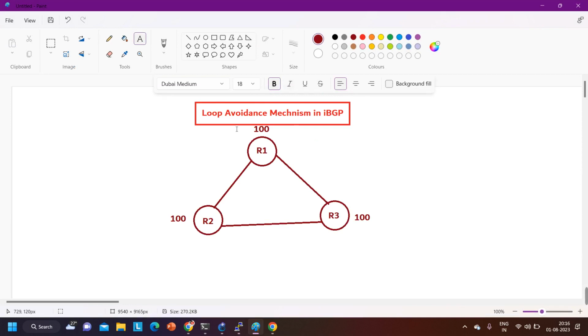So if it is clear to everyone, here loop will not form because the rule is very simple. Do not send those prefixes to the IBGP neighbor which you have received from an IBGP neighbor. Do not send those prefixes to the IBGP neighbor which you have learned from an IBGP neighbor. Okay,